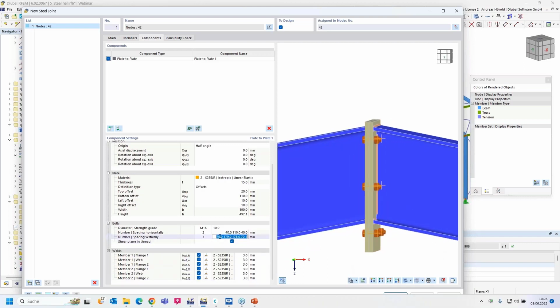And I have to enter the spacings, at least the first 3 parameters, 169, 180, and the third parameter is calculated automatically. You can select the shear plane in thread or in the shaft if you want. So then we have to define the welds for the flange 6 millimeters, web 3 millimeters,